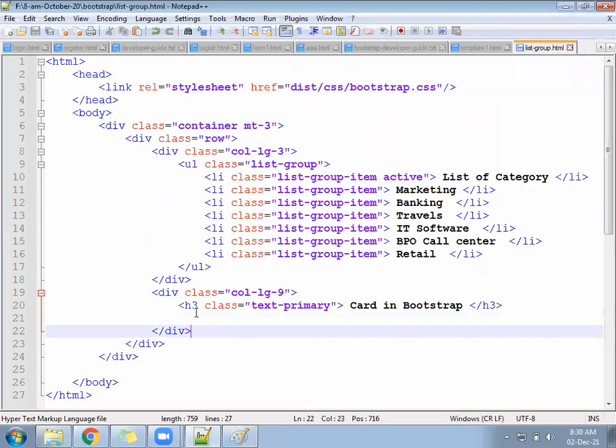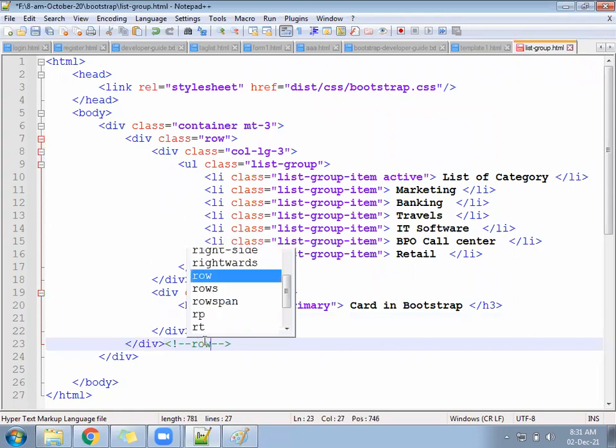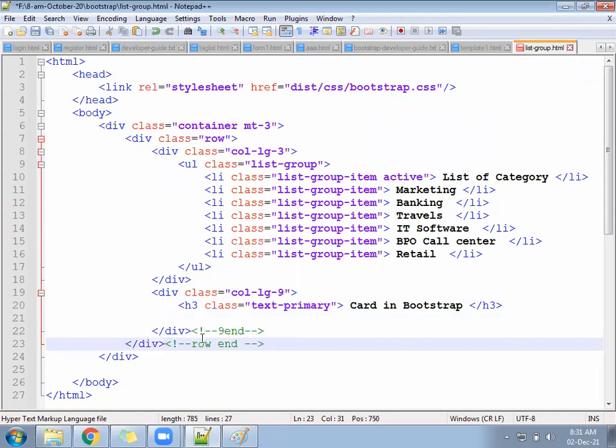You need to write a comment here, 9 end. Write one more comment below: row end. 9 end, row end.